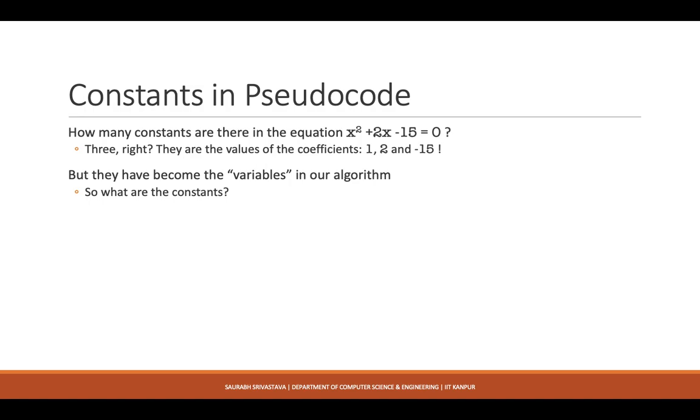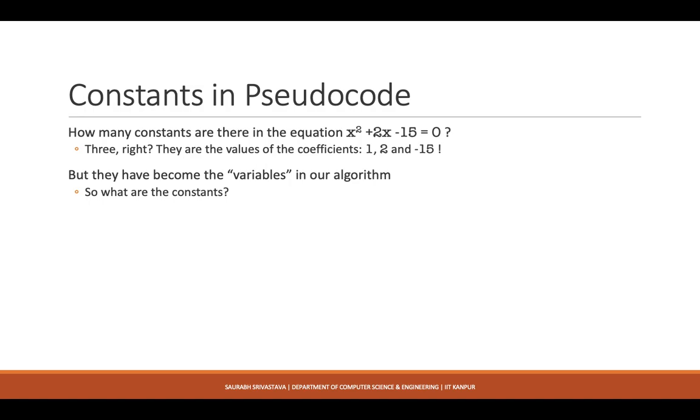And this is why I am saying that now the variables and constants are changing, right? You are doing something that is higher than solving one particular quadratic equation. You are now moving into an arena where you are basically writing some instructions which can find roots for any quadratic equation. Okay, so this is why it might seem a bit awkward. It may not be intuitive to see that whatever used to be our constants in mathematics are now becoming variables. But this is the idea here: what exactly am I going to need? I'm just going to need the coefficients associated with the ax square plus bx plus c